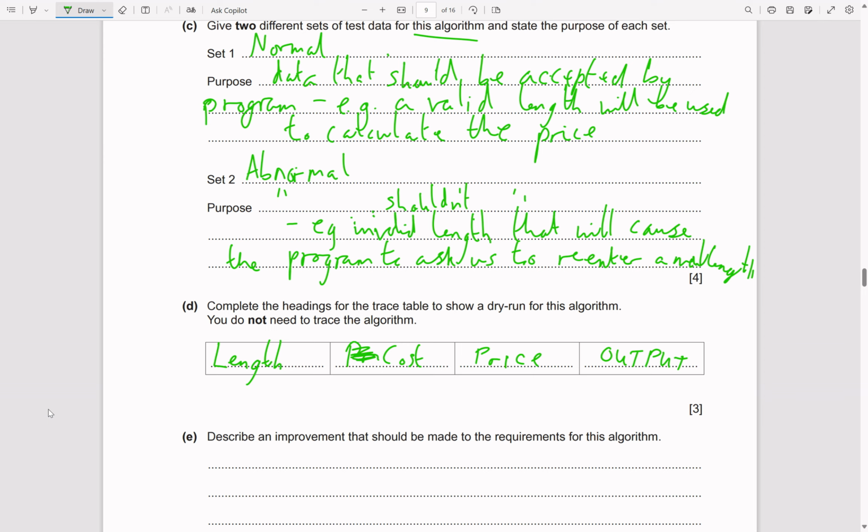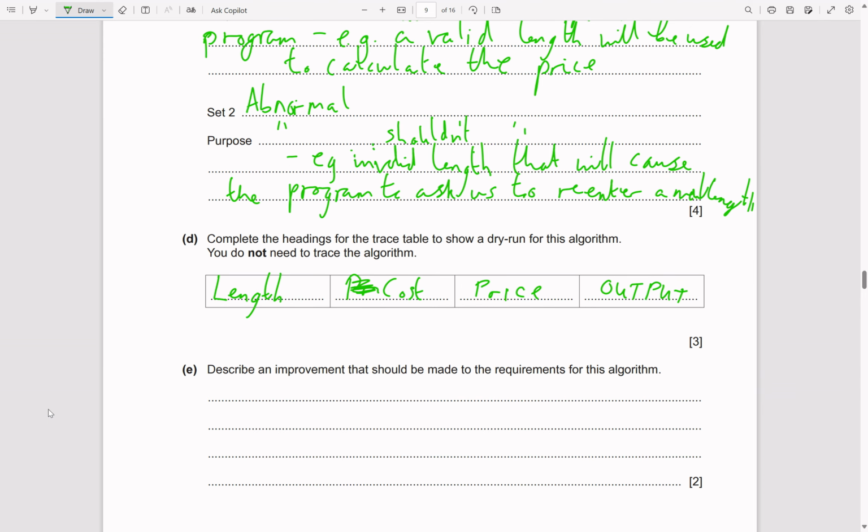Describe an improvement that should be made to the requirements for this algorithm. So I think you notice how we validated the length, but we didn't validate the cost. So let's just say that. Maybe add a range. I guess we can have a range check. Certainly you'd want a minimum cost because, for example, if they said the cost was 0, that would be invalid. This might be even worse if they say the cost is negative, because you imagine